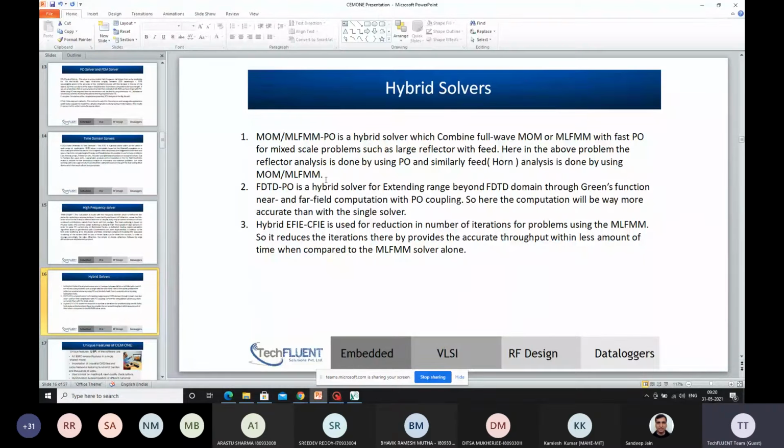If your antenna is electrically small, in the range of 0.1 lambda to 10 lambda, you can go ahead with MOM, and physical optics is useful for the structure you're analyzing.